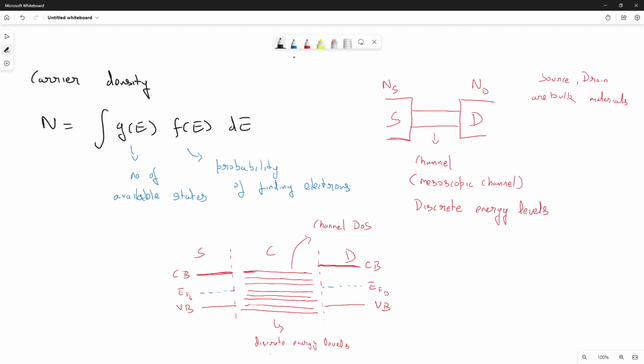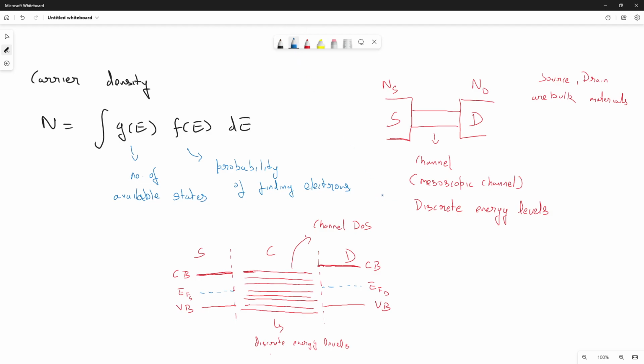Someone mentioned the word modes. This is what modes are. What we are about to explain right now is what modes are. The channel is no longer a material like the source or the drain. It is the same material in a chemical sense, but in a physical sense, it has a different size, a different structure, and there is confinement. Because of that, I have discrete energy levels, and now quantum effects will come. So, because of the quantum effects, what is the first thing that will happen when I'm trying to imagine conduction?